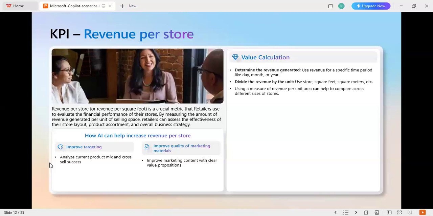And how can we calculate this revenue per store? So for that, we have the value calculation. It says determine the revenue generated. Use revenue for specific time period like day, month, or year. So assuming that you have that data in your Excel,